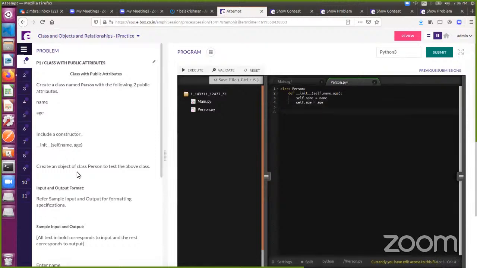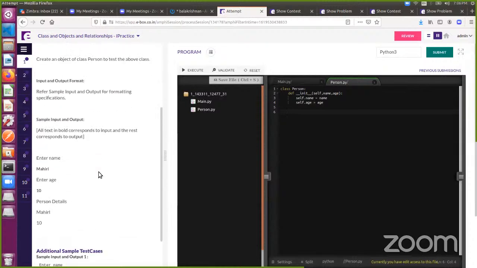That is the constructor, and then the object. They are asking you to print the person details. So def display self, print of